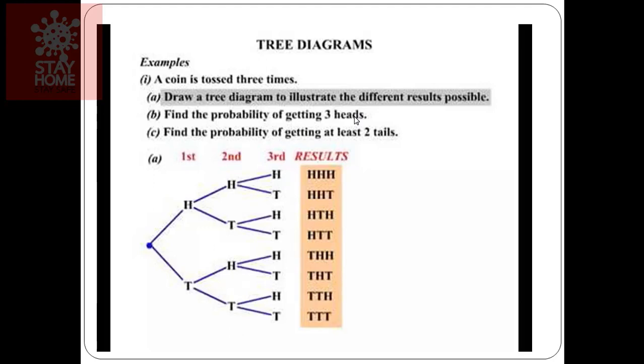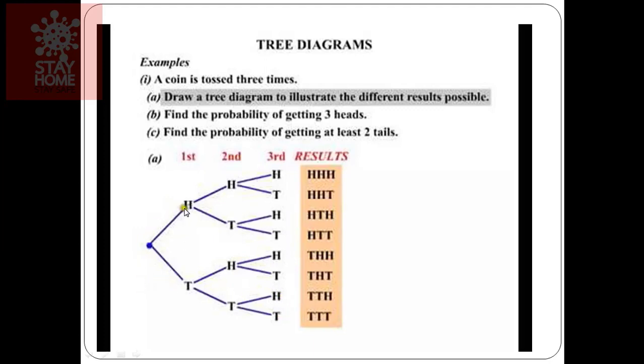Okay, now come to the tree. This is one coin. One coin can be head, can be tail. Then again, this is one coin, can be head, can be tail. Then from here, the second time, head and tail. After that, third time, can be head, can be tail, head, tail, head, tail, head, tail.